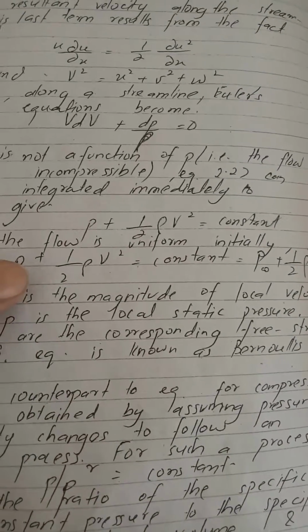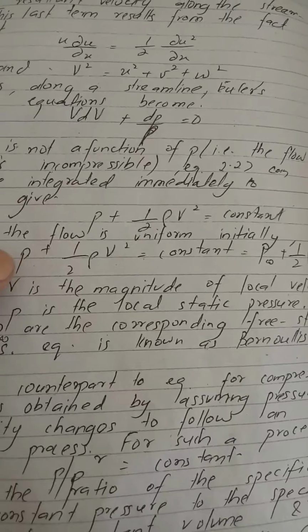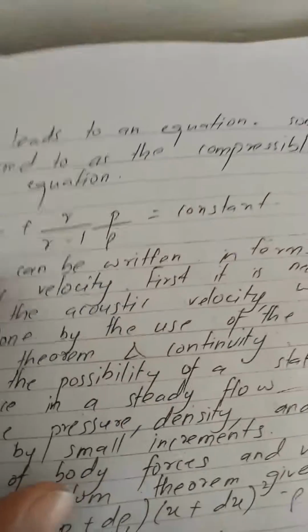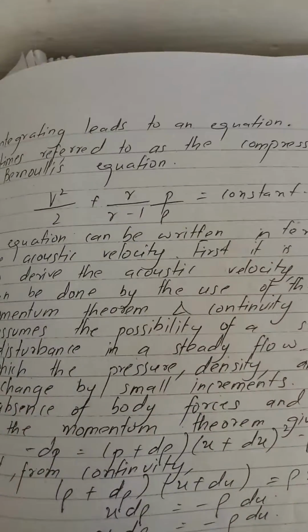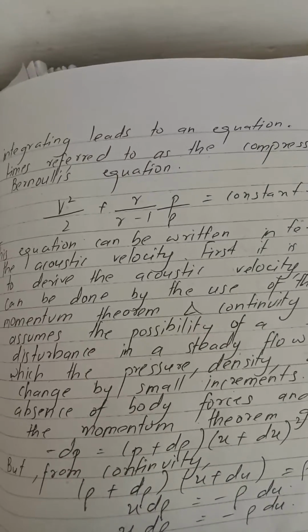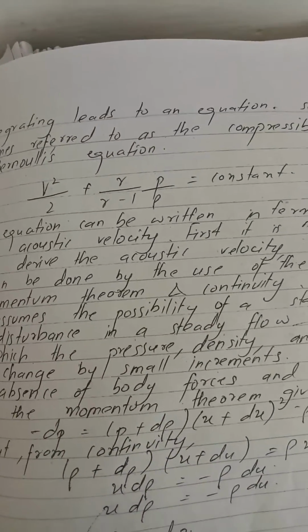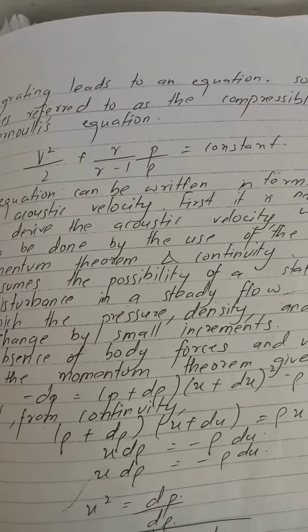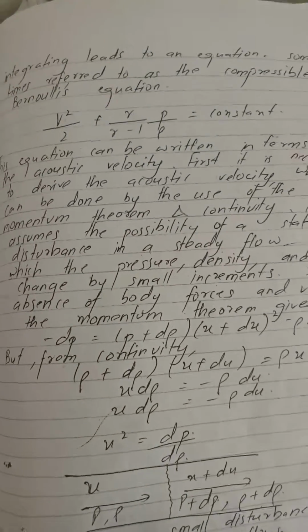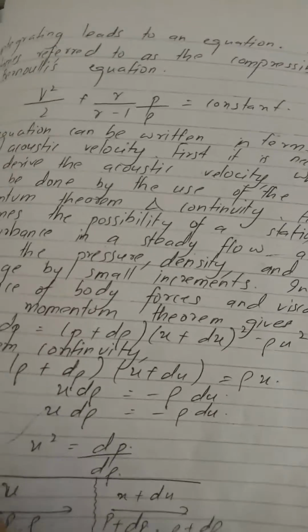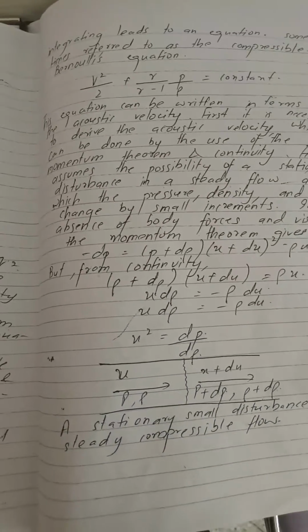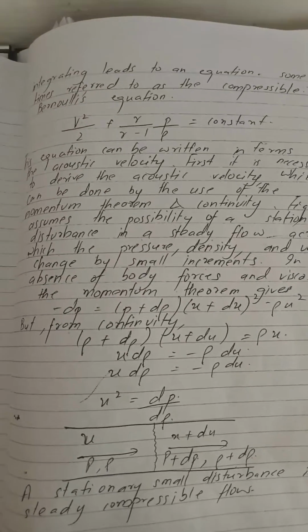This is the form for the incompressible flow, and for the compressible flow, Bernoulli's equation would be this one. Okay, you just have to keep that in mind. These are the two different combinations of equations. So I hope that I have explained, but with the help of another interesting concept, which is